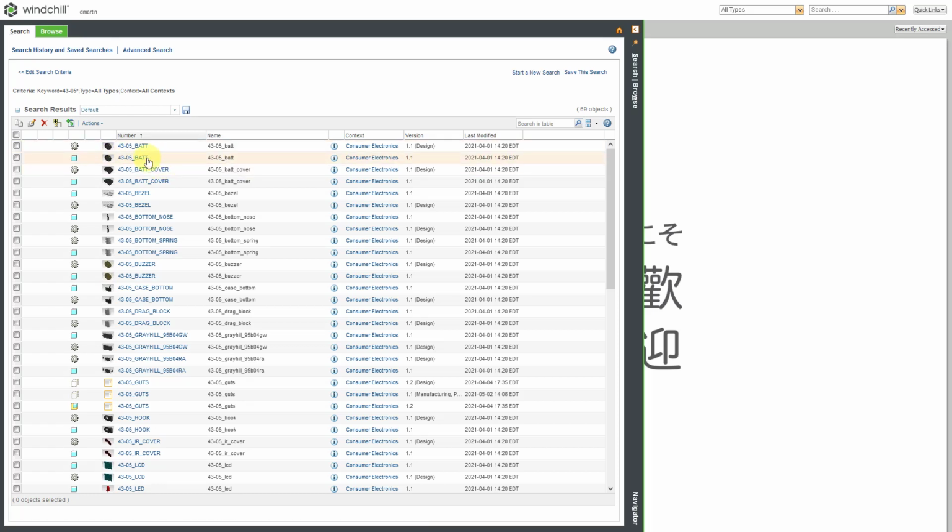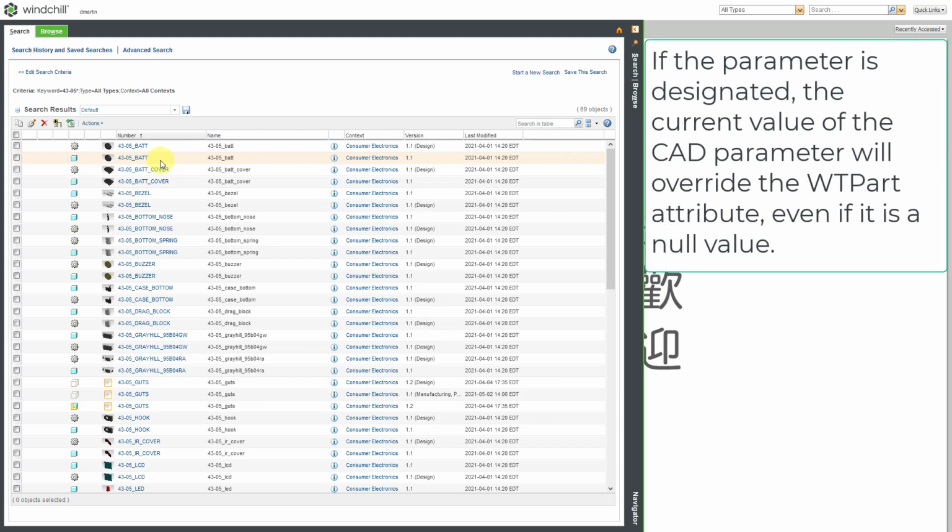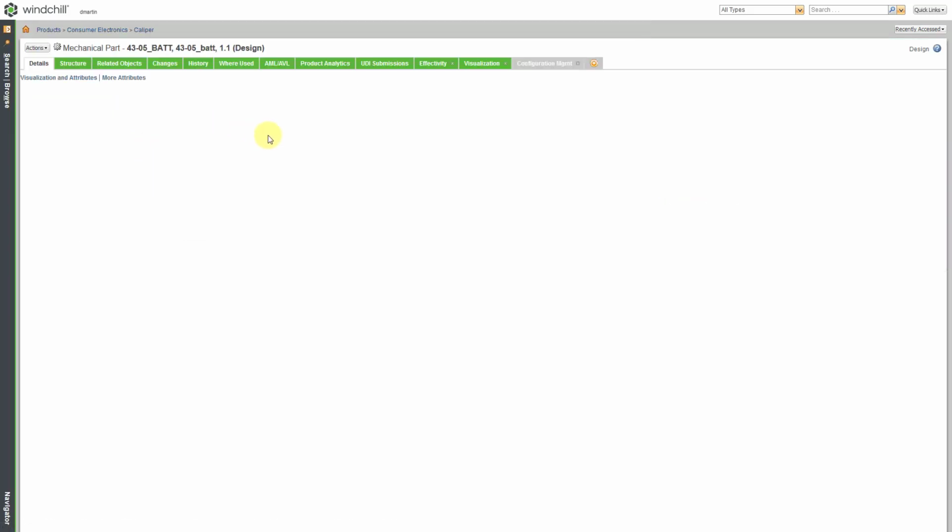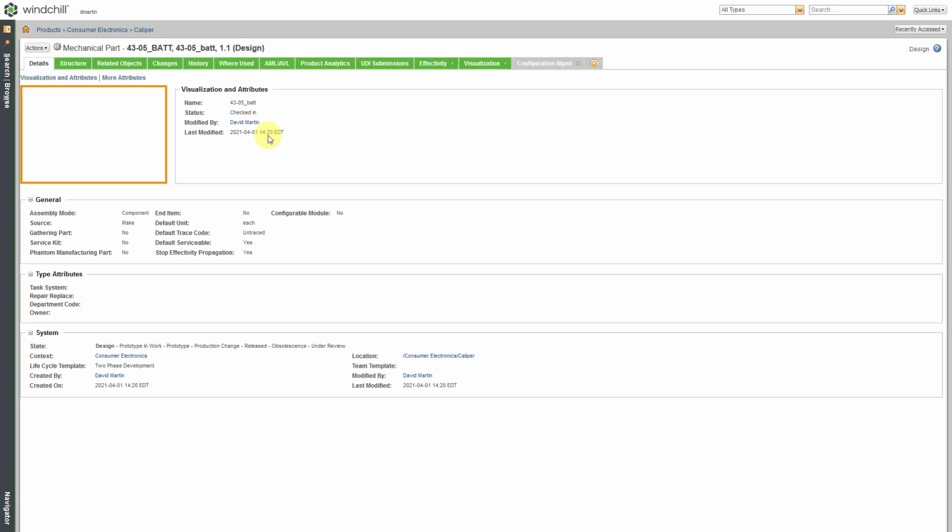Now I've made the mistake in the past of trying to make changes to the CAD document, but the problem is the next time someone checks out the CAD document, they might end up changing the values of a Creo parametric parameter, and then when they check the object in, it ends up overriding the value in the WT part. So you just want to make sure whether your different attributes are from the CAD document or from the WT part. But anyhow, here I am on the WT part, the object information page.